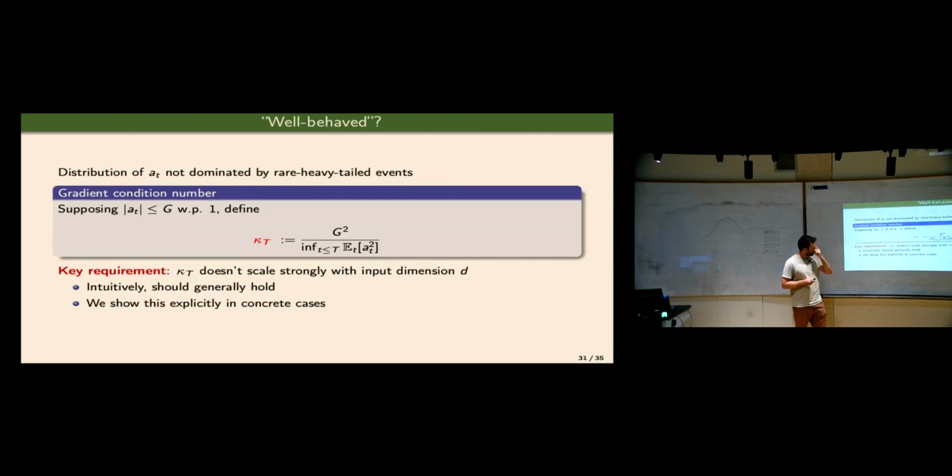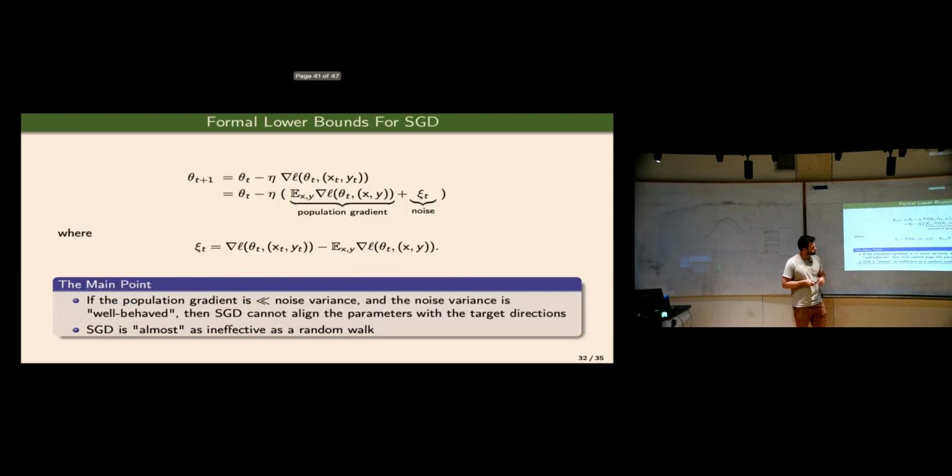And I should say, what does it mean for them to be relatively well behaved? For the most part, we just need that the maximal values that you can take won't be too far from their standard deviation. We need their typical size to be relatively similar, or at least on the same order as their maximal size, up to constants that don't depend on the dimension. And this does actually happen in a lot of cases, and we'll see more specific theorems that you get out of this.